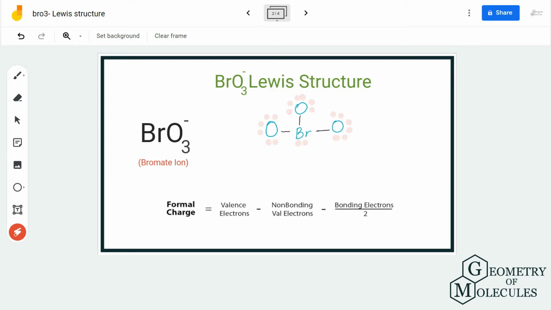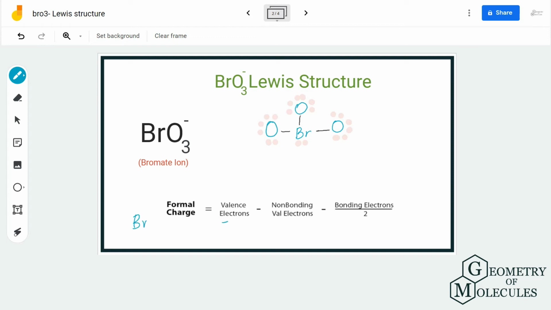Bromine can have expanded octets, and hence it becomes necessary to check the formal charges, because there are chances that it can accommodate more than 8 valence electrons in its outer shell. So whenever you come across any element or any atom that can accommodate more electrons in its outer shell, always make sure to check the formal charges on the atoms when you are drawing a Lewis